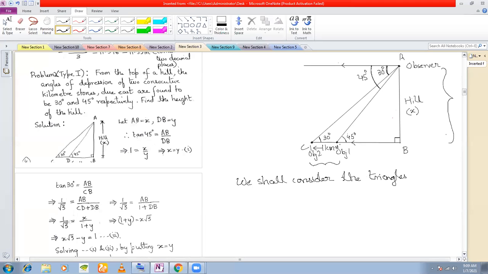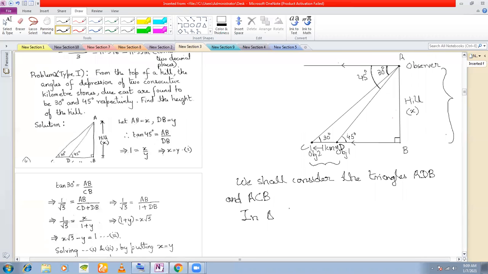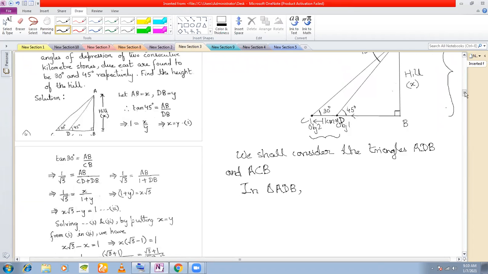Let us call this C and this point D. Let us consider triangles ADB and ACB, these two triangles. Considering the first triangle, in triangle ADB, where you see the 45-degree angle, considering that triangle,